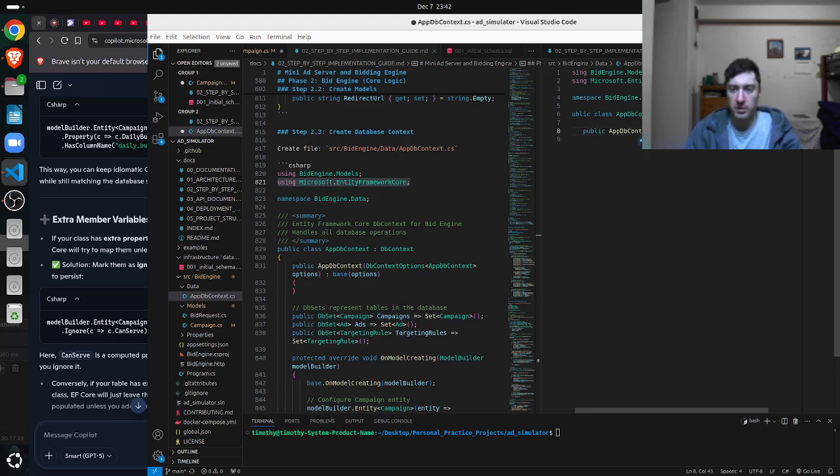We need an app db context, which is up here. Okay, so we are creating options, a variable called options, which is of type db context options, and it is going to be filled with the specifics of app db context. And I think this one actually comes from this framework. It's like one of these. Okay. So now that we got that going,